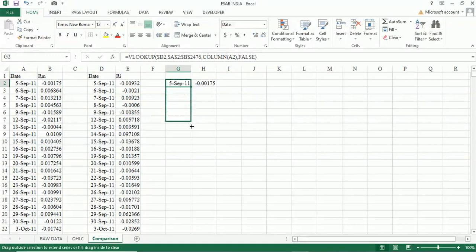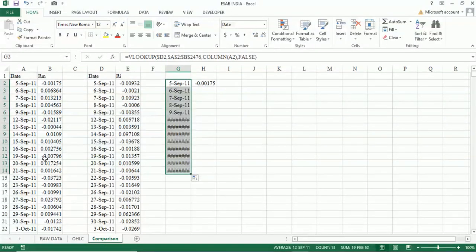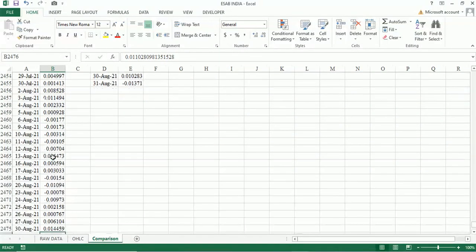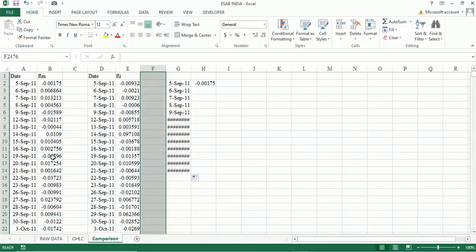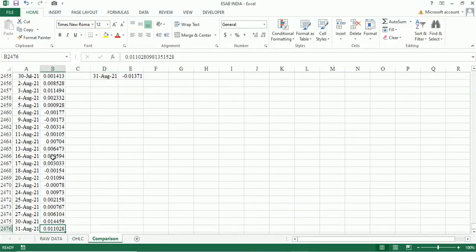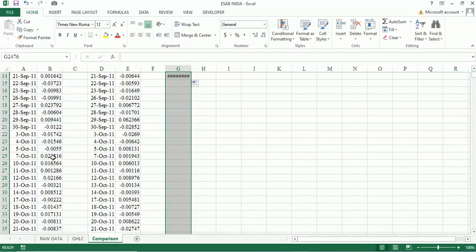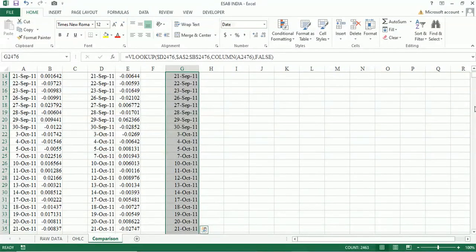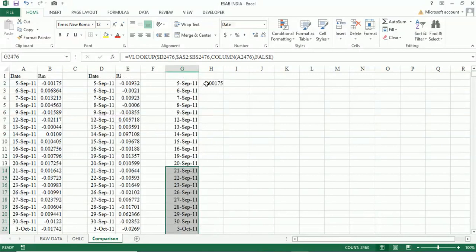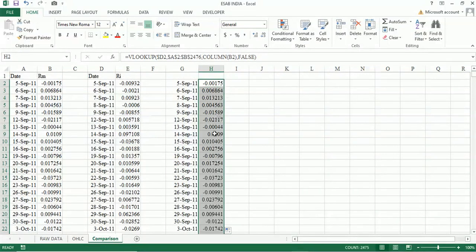Drag this till the end, the G column, and you can expand this to see the dates. So this is the index data.